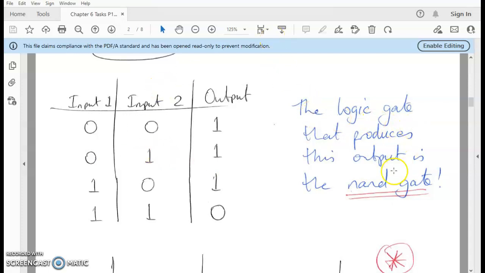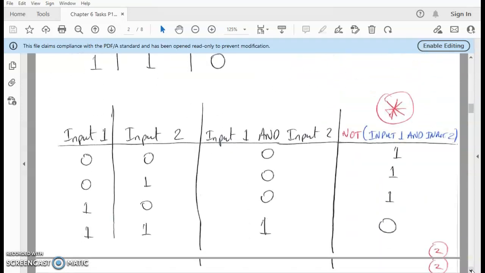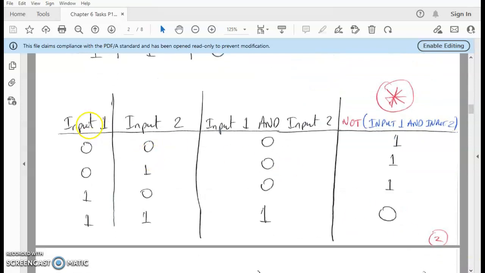So the logic gate that produces this output is what's known as the NAND gate. And I went and showed you this here, that if I did the following. Input 1, so 0, 0, 0, 1, 1, 0, and 1, 1. The rule for an AND gate is that if both inputs are true, the output is true. Otherwise, you get false. And then I showed you the NOT of that, which is the NAND gate, not AND,